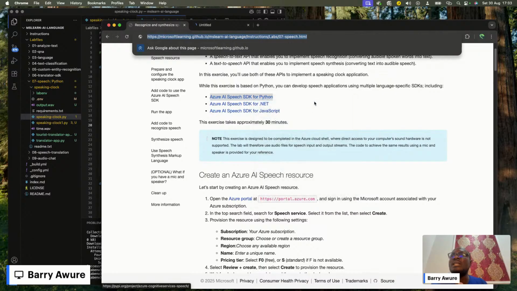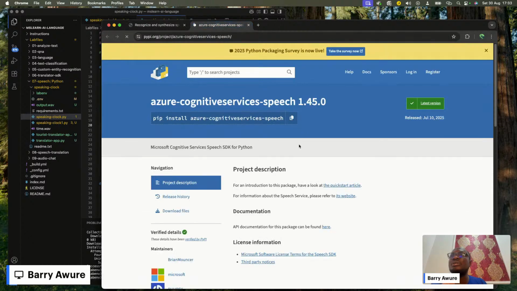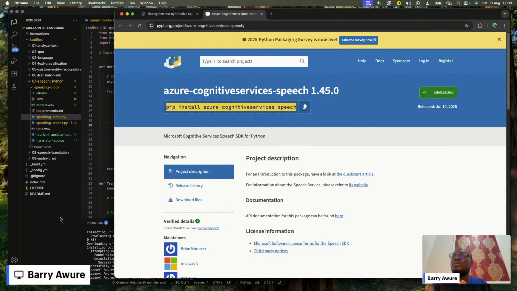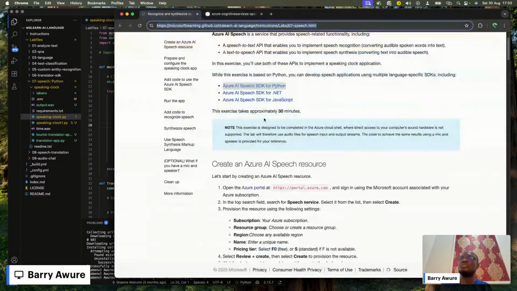So for this lab, we will be working with the Azure Python SDK. You need to first of all install this on your system, so that your application will be able to begin to recognize this in your codes, right? So let's just follow through.